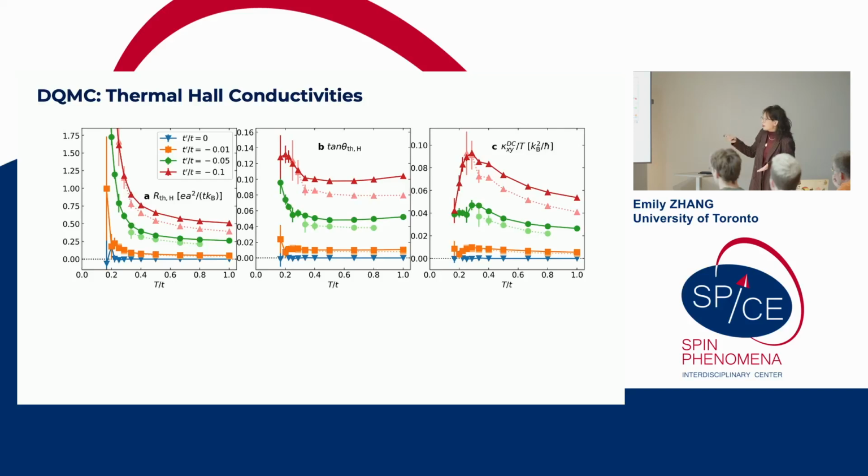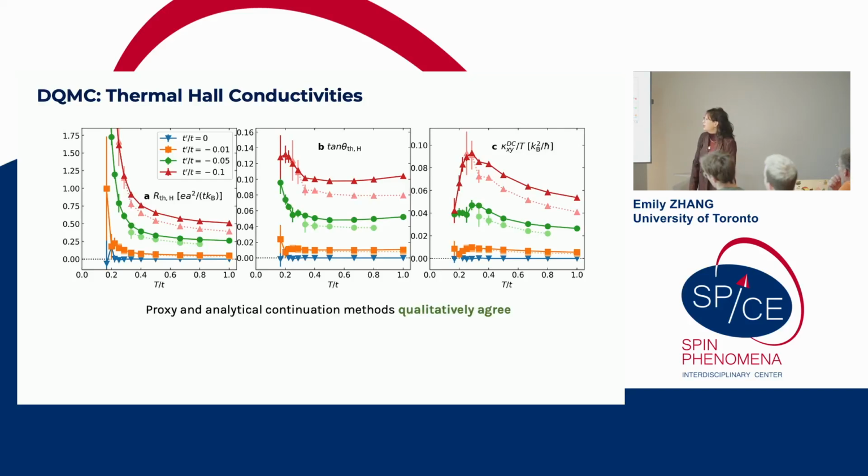Right, and so here's the money plot. From left to right, we have the thermal Hall number, the thermal Hall angle, and the thermal Hall conductivity. The plots are of increasing T prime, and the solid plot is the proxy, and the dotted lines are the analytic continuation results. You can see that they qualitatively track each other, especially at lower temperature. And so the proxy and the analytic continuation methods qualitatively agree, which gives us confidence that our results